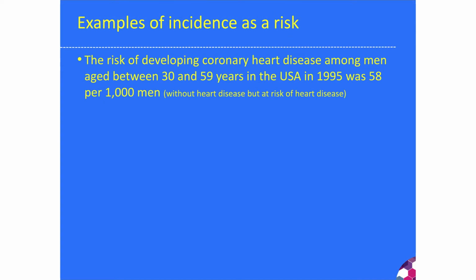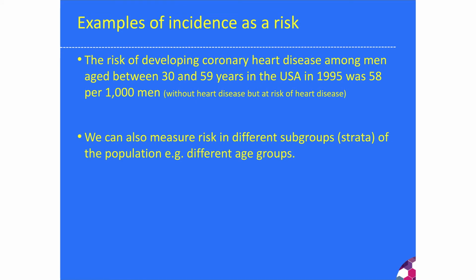So let's look at another example of how you might see incidence and risk being talked about. The risk of developing coronary heart disease among men aged 30 to 59 years in the USA in 1995 was 58 per 1,000 men. The 1,000 men are men without heart disease but at potential risk of heart disease. Now, a better way that we can talk about this risk is through different age groups by having subgroups and